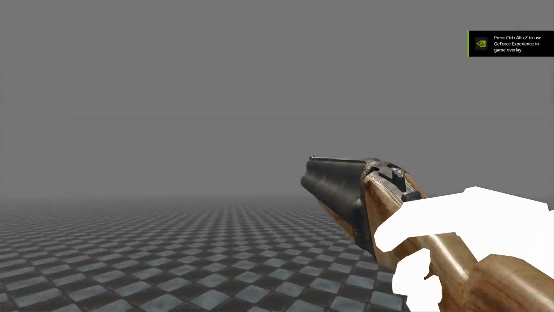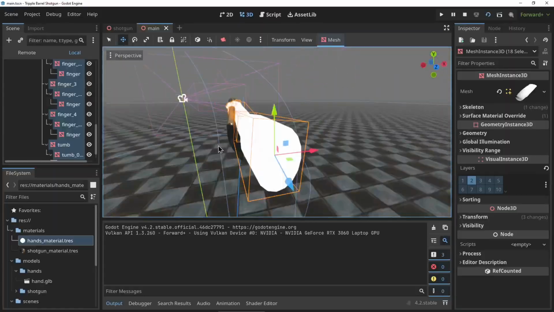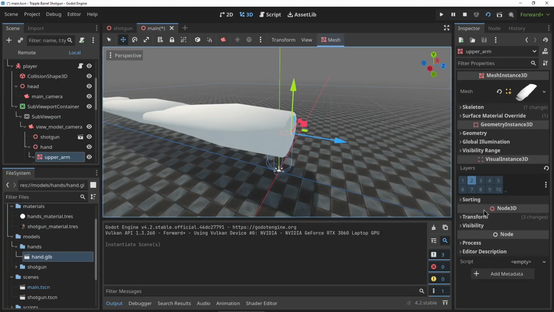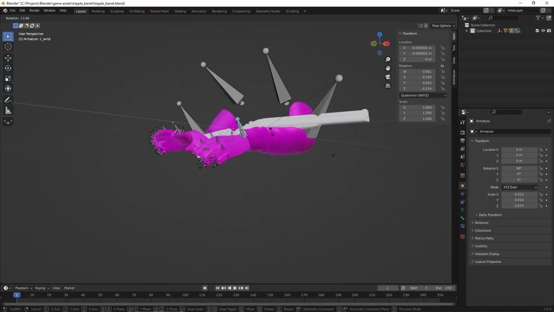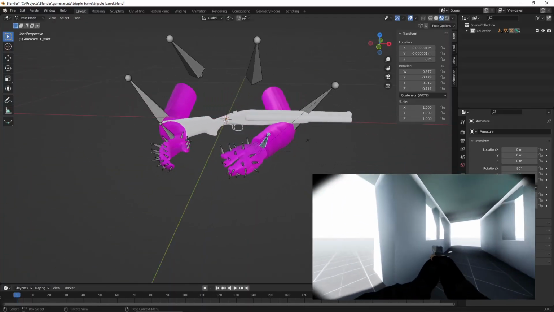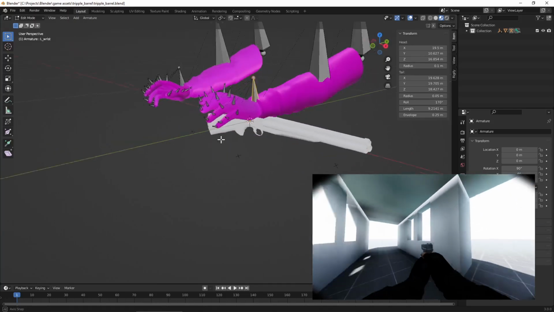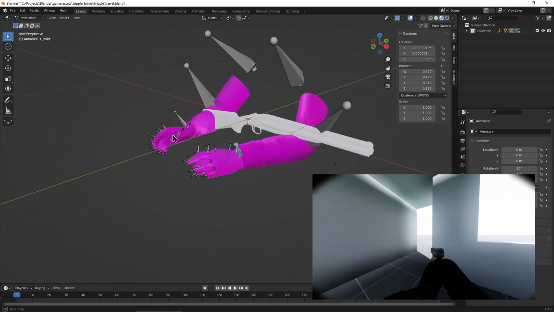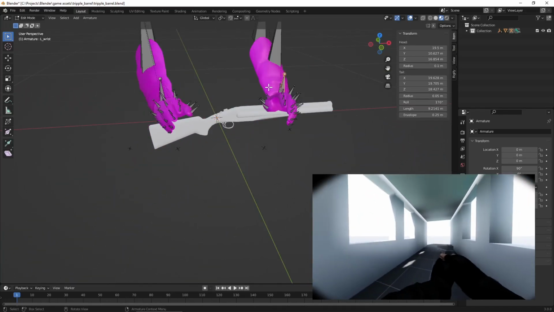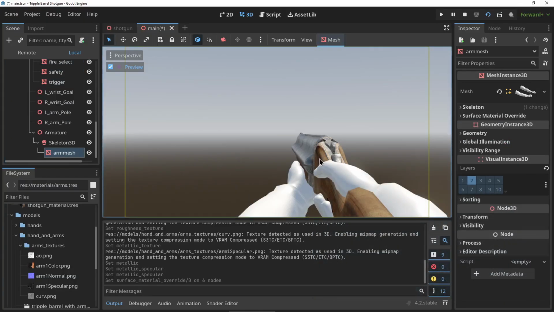But although I really like this cartoony, simplistic hand model, I kinda wanted something more realistic for this shotgun. So I dove back into my old projects and found this hand rig that I used for this Unrecord demo a while back. It's fairly detailed and I think it would look great on this shotgun. Now one problem I was gonna have with this rig is that it was skeletal animation, meaning I could only animate it in Blender, and I really don't want to animate in Blender for this one,